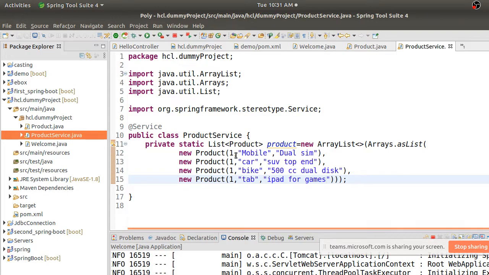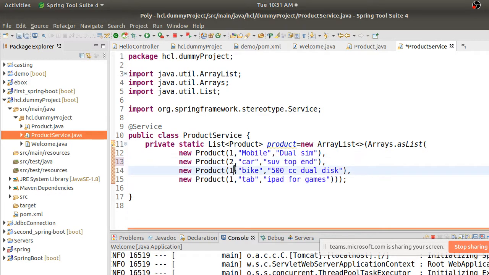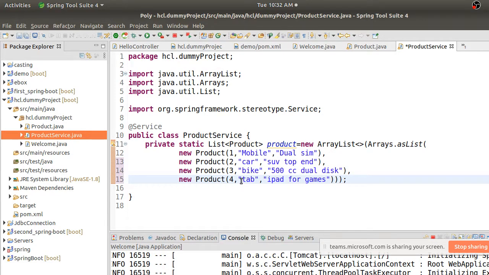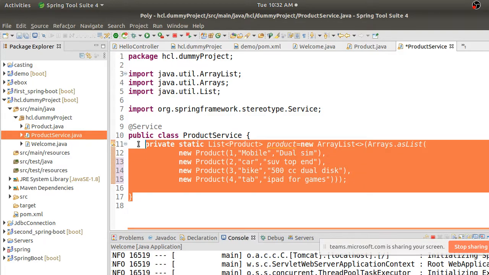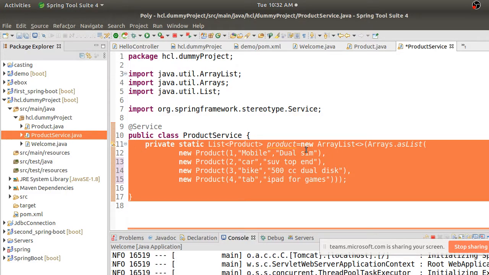So why this static data? Because this data I'm trying to use in all my code. Here I can also connect to a database, pull the data from there and use that data. In the next class I will create that code here. In the same service I'm going to replace this with some JDBC code or Spring Hibernate integrated code. For today, these are the products which are available.